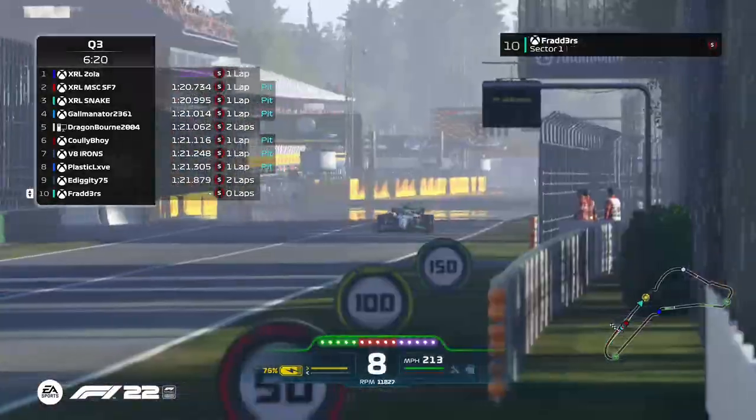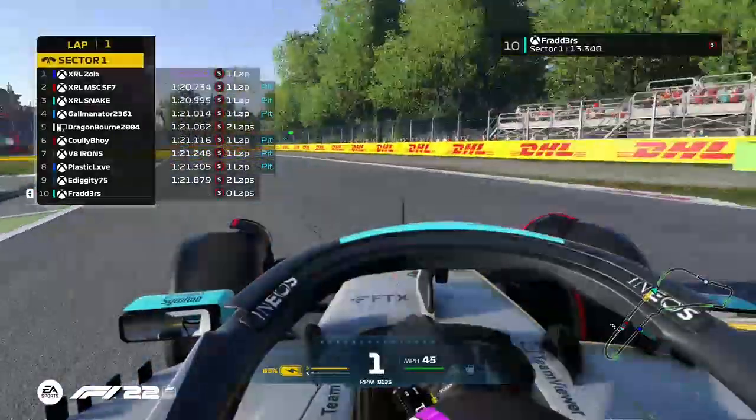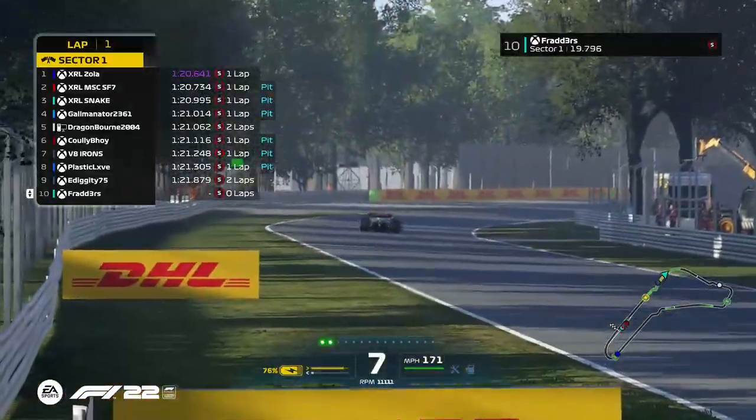Fratters, the only driver, has yet to set a lap. He is now beginning his flyer. And the track's going to get really quiet now because there are only 3 other cars on the circuit with Fratters, and they're on cooldown laps right now, so...